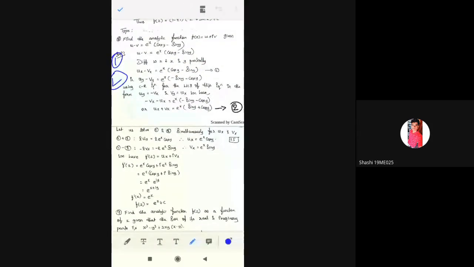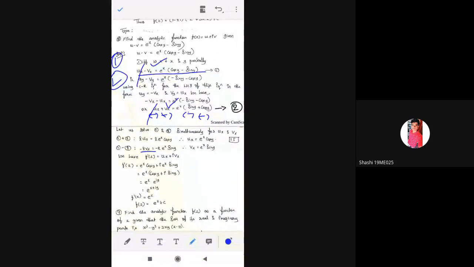See next, 1 minus 2. What is 1? Ux minus vx minus. So here minus we need to take, correct? So plus ux minus ux get cancelled. So everything we need to change. Here minus sign, here minus sign because of plus sign y it is there. Here also minus sign we need to take. So it will get cancelled to give minus vx minus vx. So we get minus 2 vx, that you know very well, as I showed now.